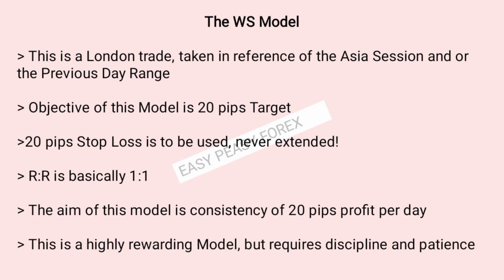So a 20 pips stop loss is also to be used, not extended. In this case, we are talking about a 1-to-1 risk to reward ratio. Your stop loss is 20 pips, your take profit is 20 pips. Very easy to calculate. In fact, if this is all you know how to do, I promise you, you will keep making money consistently in the market. And that's why the aim of this model is consistency of 20 pips profit per day,